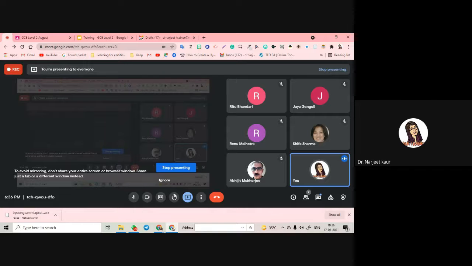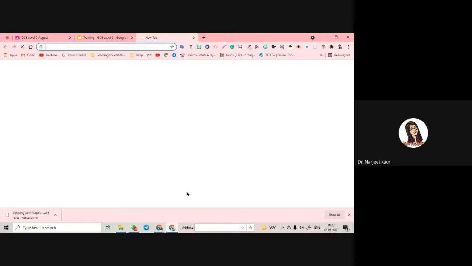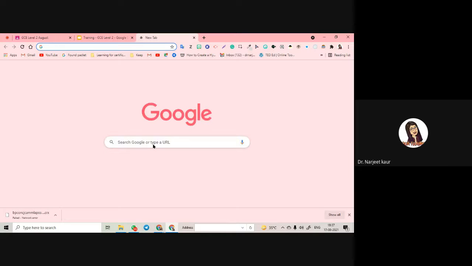So we are all here, and let's start with Google Scholar. As with all the apps of Google, you can start any app with the name of the app .google.